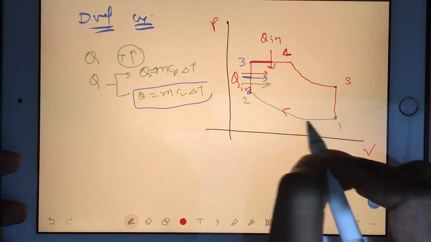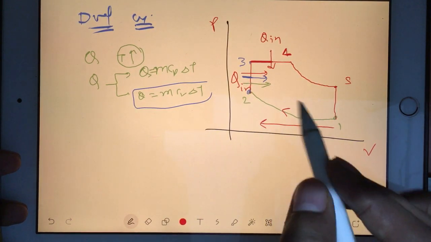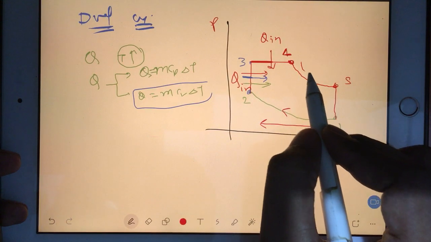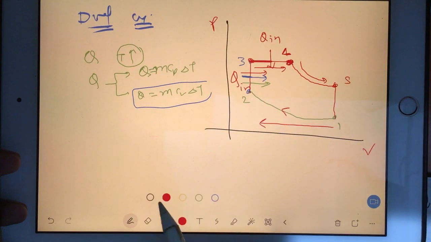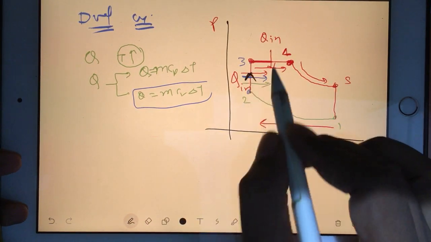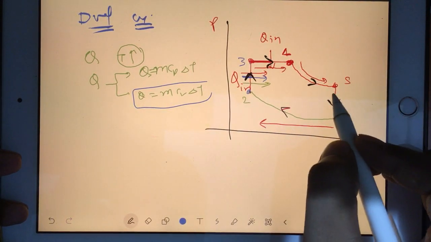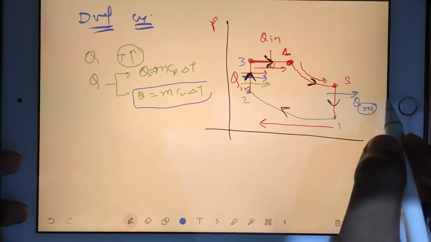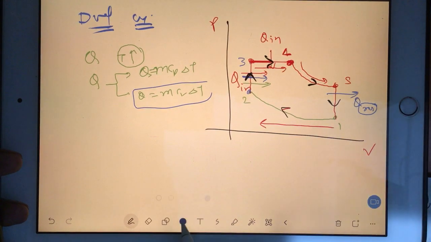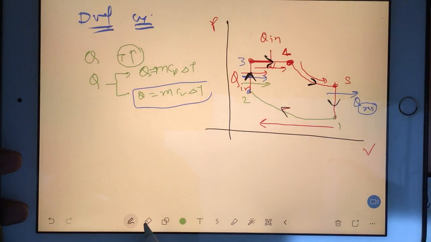How will you name process 1 to 2? In process 1 to 2 compression is happening, meaning volume is decreasing, and in 4 to 5 expansion is happening. What is happening in 3 to 4? Again expansion is happening in 3 to 4. And in which direction is the cycle going? The direction is this, right? You can see that in this part you have heat rejection, or heat exit, or heat output. And now after knowing the cycle, you should know how to draw the cycle on a TS diagram.